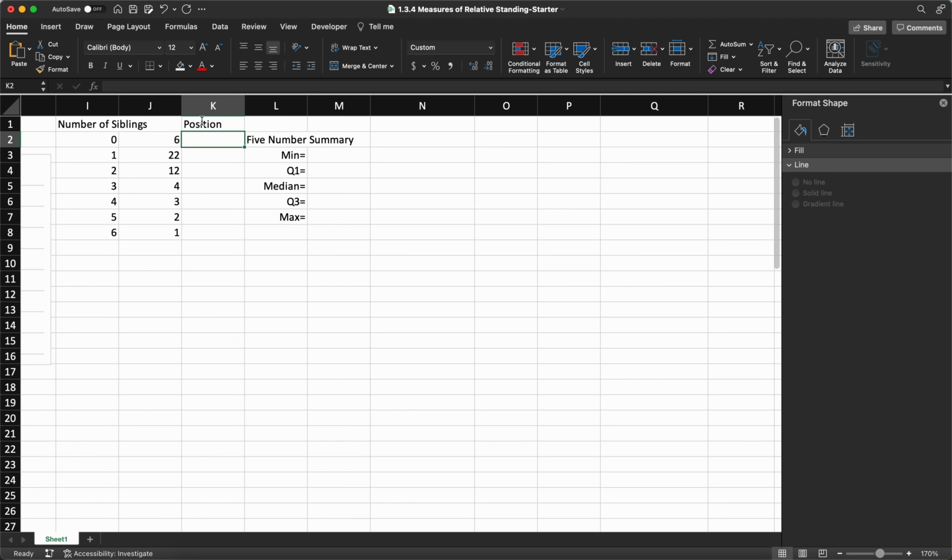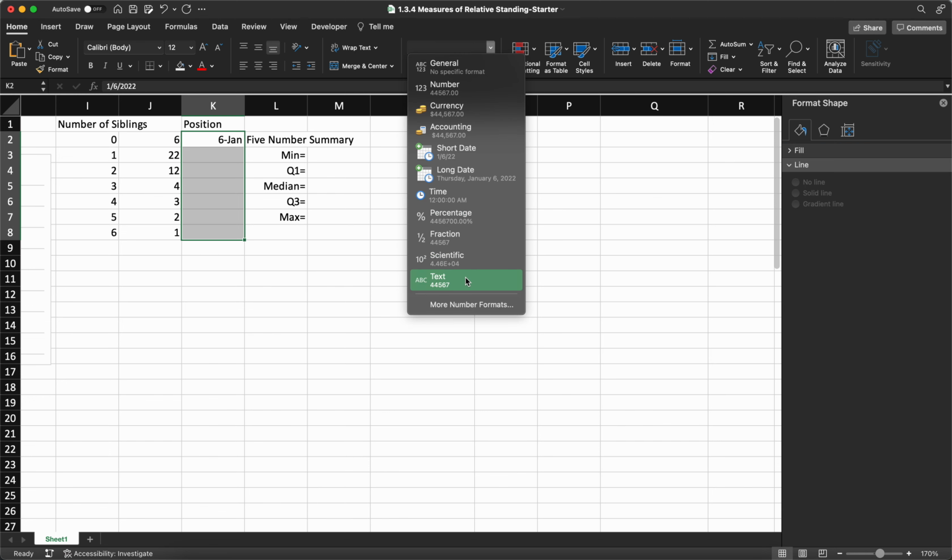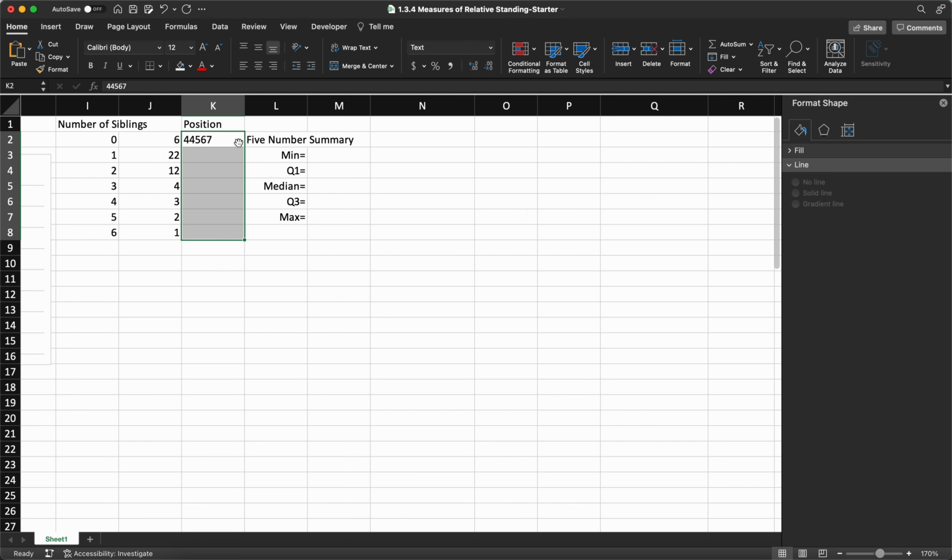So our first data point is a 0. So 1 through 6 are all zeros. And then, this is automatically changing these to dates, we want just text. If you're having the same issue, you come up here and instead of general, which will automatically change it to something that it thinks you're putting in, in this case a date, we want to change these to text. Okay, so again, position 1 through 6